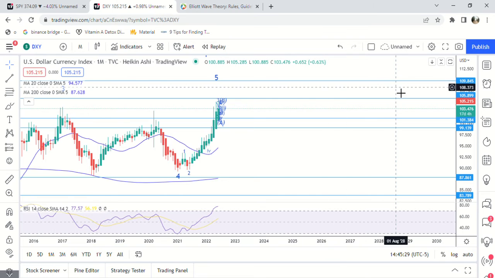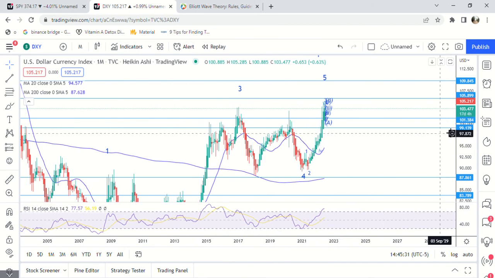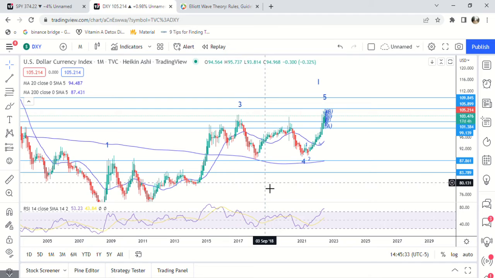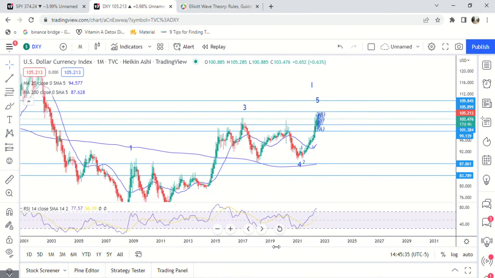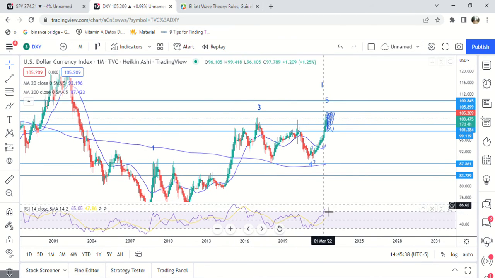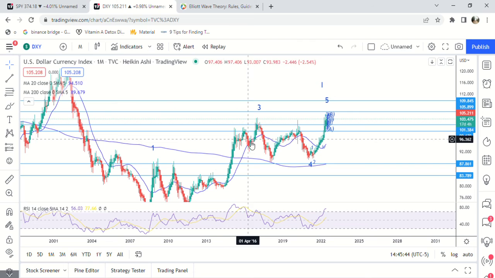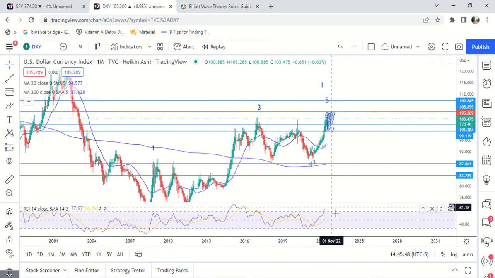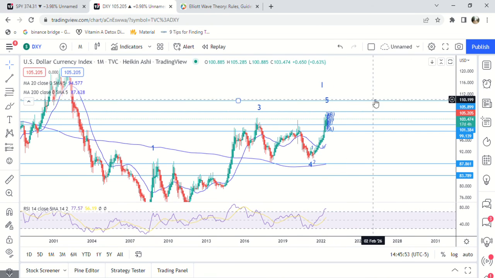So I just wanted to do a more in-depth count on this video to show you why I think what I think. And even on the monthly chart, you can see how overbought this is. And look what happened last time it was there. It was right here and it came all the way down. So I think that there's a good chance that at least comes down, maybe and gets back into this area. And then we have a rally in the market and a rally in growth stocks. And then after that rally, it finally sells off for the last time.